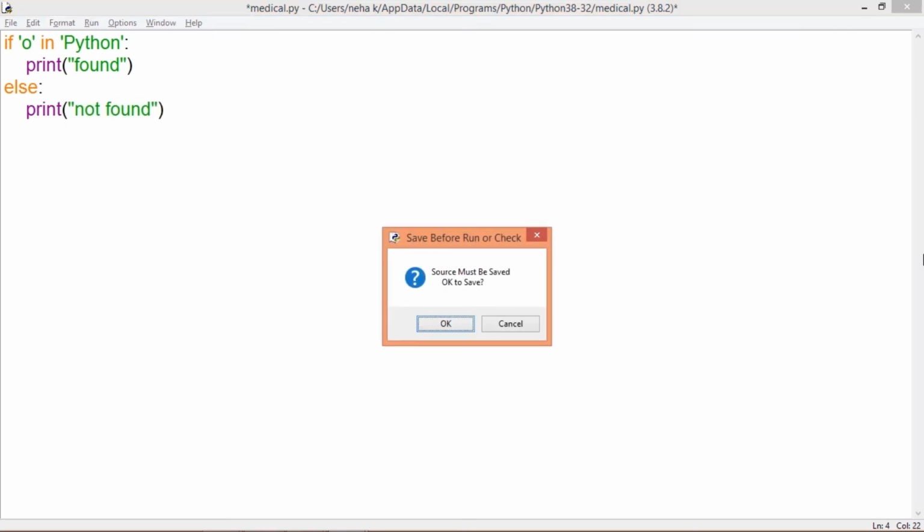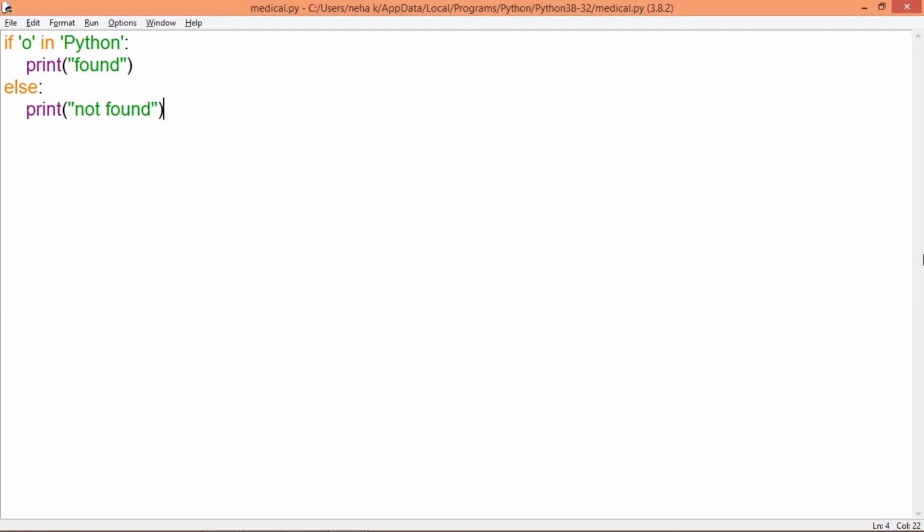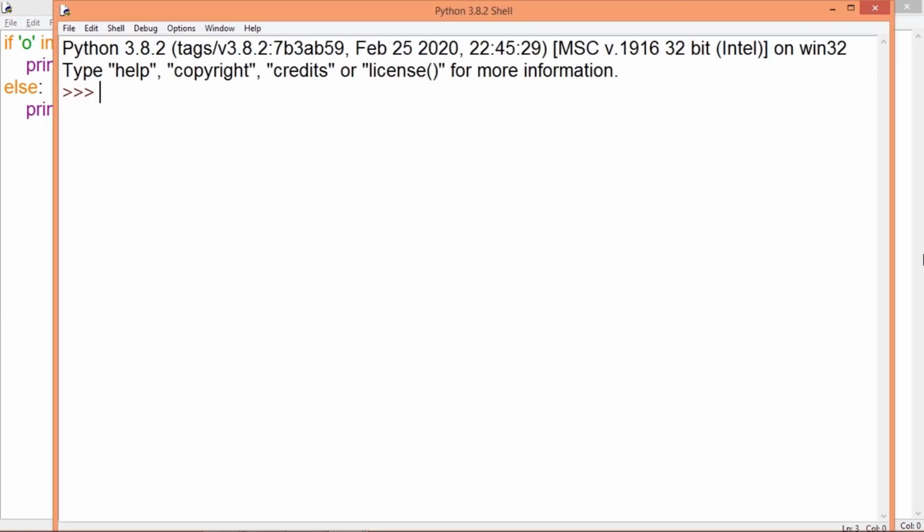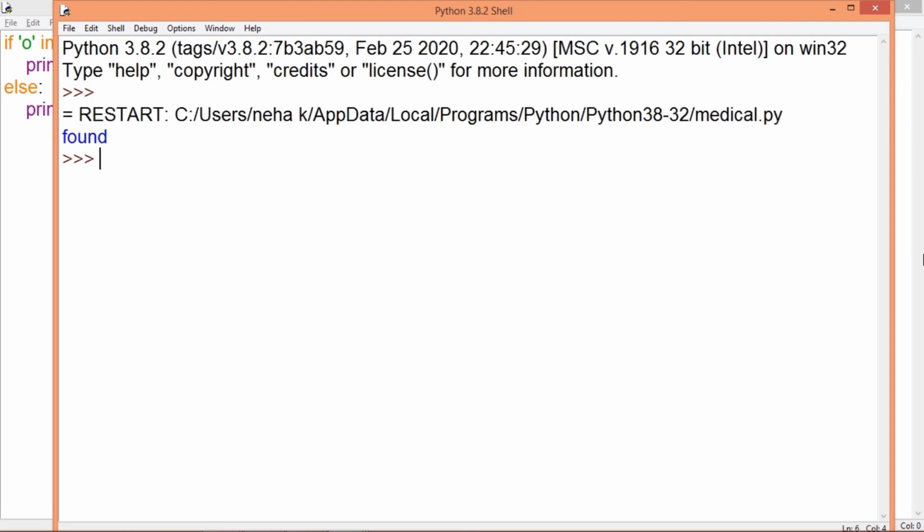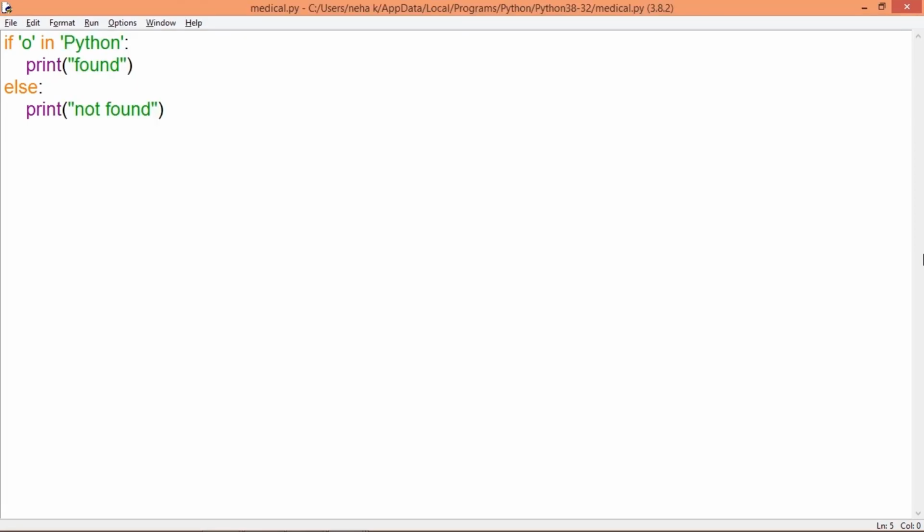Now in will search for the letter o in the string Python, and you can see if the value is found, then it will print found. A very simple way to search for a particular value. It can be used with your linear search codes when you are searching a particular value in a given list of numbers. You can use it with a tuple. You can use this way of searching a particular value in a dictionary also.